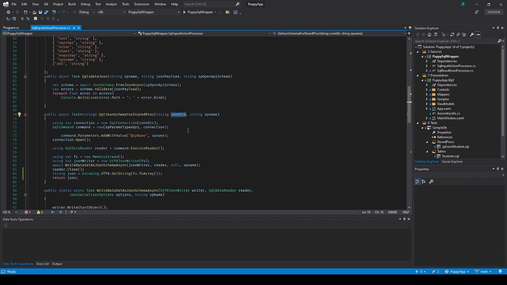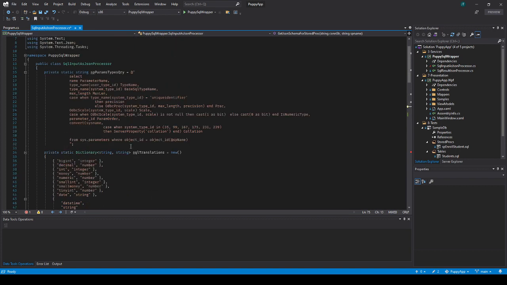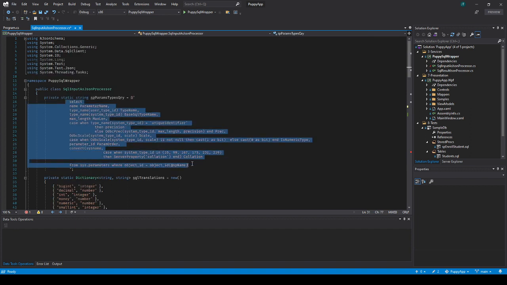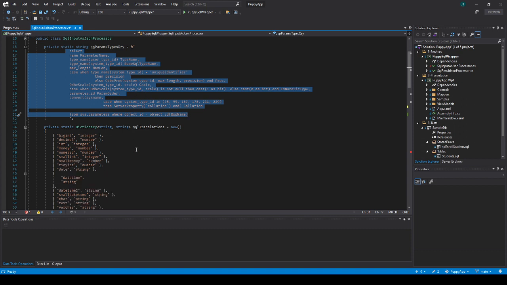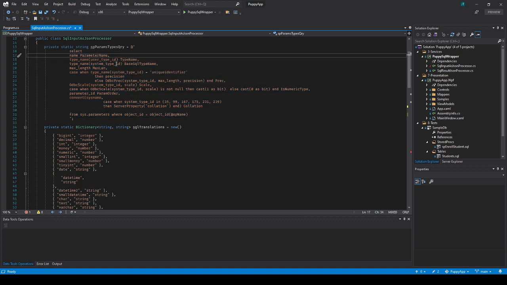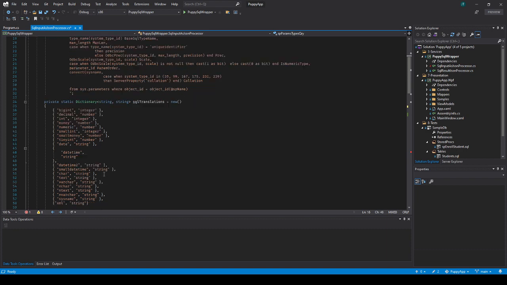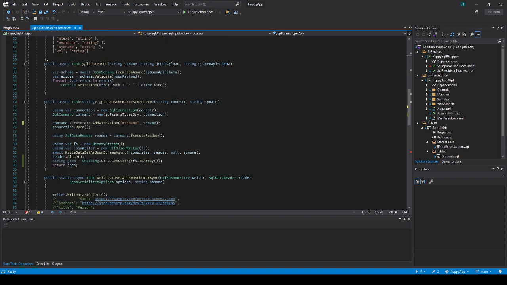What it's going to take is a connection string and the name of the stored procedure. It's going to execute a special SQL query that's going to get the information about the stored procedure, the parameters, the parameter name, the type of the parameter, and then it's going to start creating